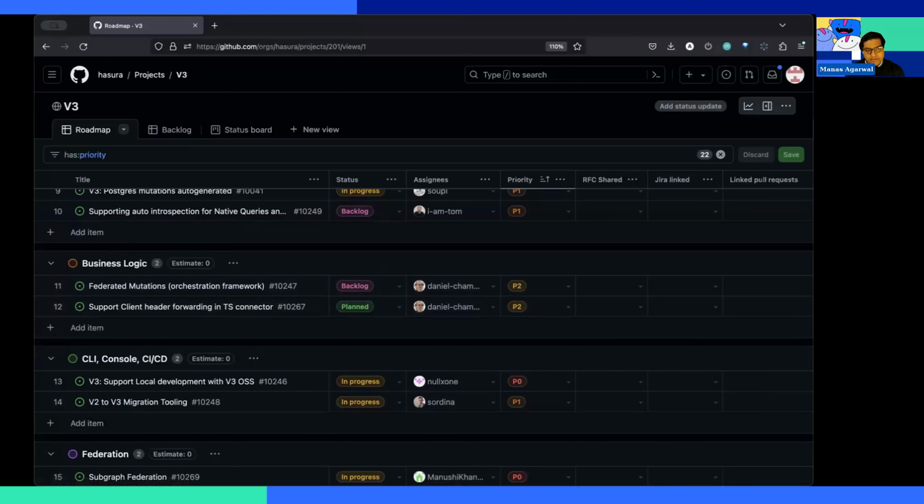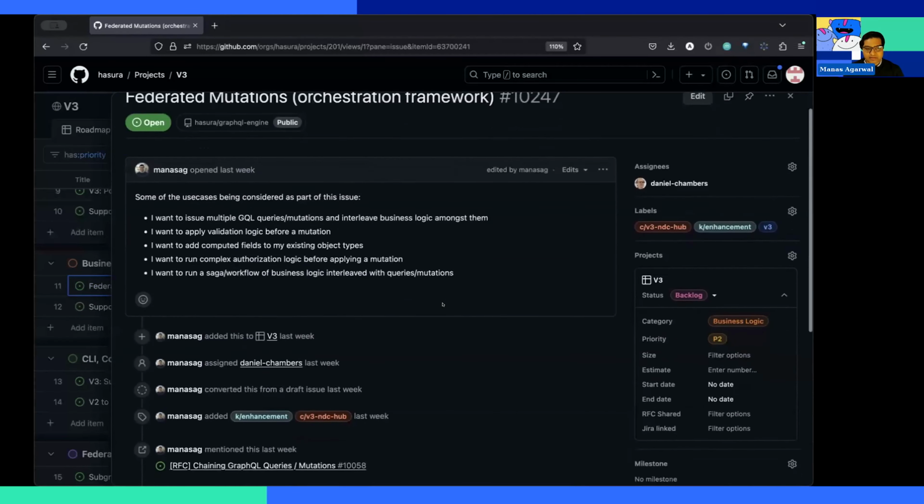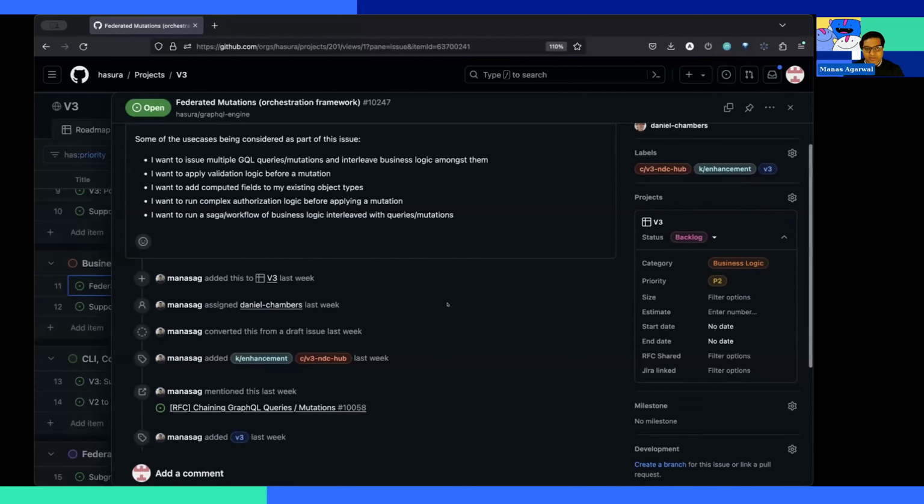Yeah, I think I was talking about business logic. I think one thing that stands out here, and I hope we'll have a good RFC or a point of view to share. And if you open the federated mutations part, this is a big problem statement spread across different kinds of user stories that we want to capture and tackle well in V3.